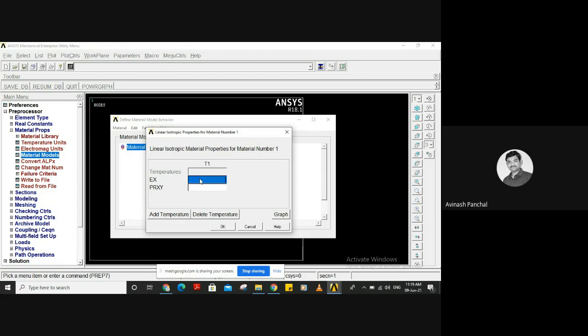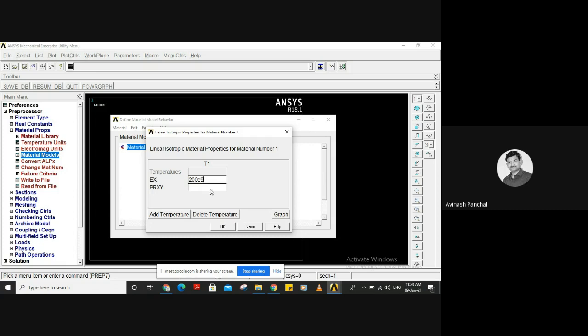As it is 200 into 10 to the power 9 Pascal, because I am converting gigapascal into Pascal, we need to multiply by 10 to the power 9. So I'm giving here 200E9. E9 means 10 to the power 9.